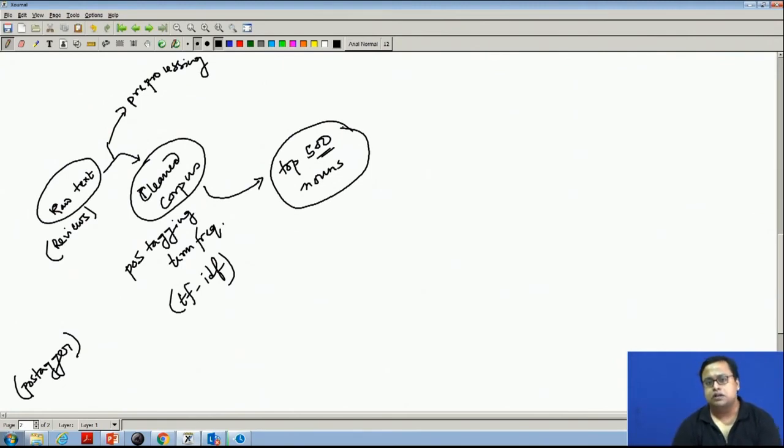Now, why nouns? Because people give reviews on nouns. They explain a noun using an adjective. This is also something that we have discussed. So, I am a good boy. Boy is a noun, good is an adjective. This hotel is very clean. Hotel is the noun, clean is the adjective. So, by using the adjective, they want to explain the noun. So, that is why the nouns are the ones which will talk about what is the thing that they are discussing. So, from there we found out, let us say, 6 aspects